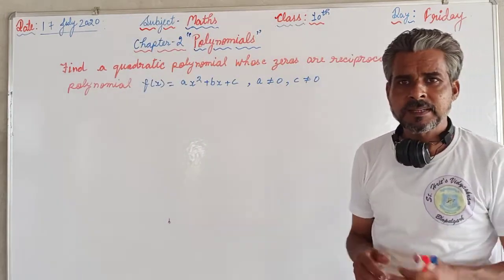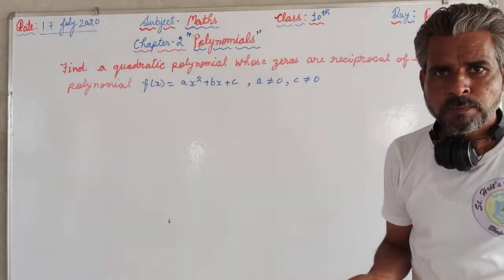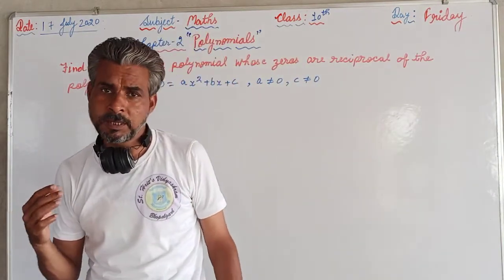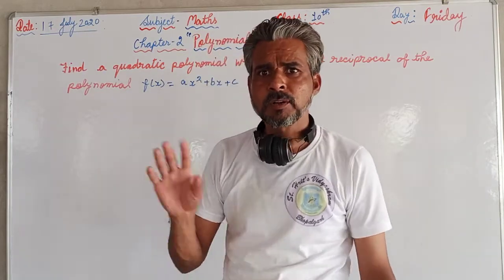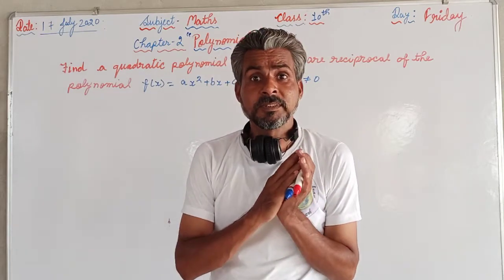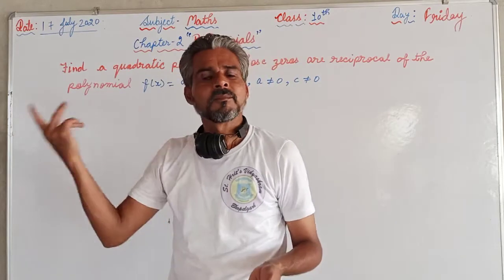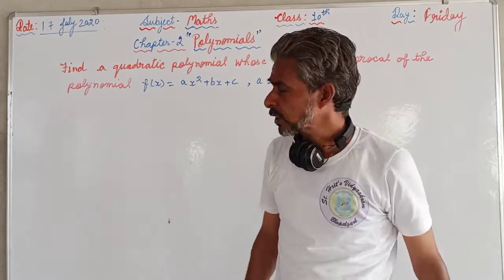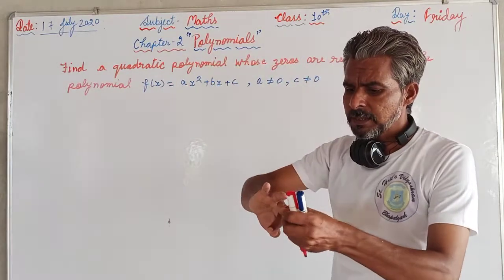This video is for class 10 and the subject is math, and the chapter is chapter number 2. As we have already explained, we are not proceeding to chapter number 1 because, as you all know, CBSE has planned to cut the syllabus by up to 30%. So maybe the first chapter can be cut off from the syllabus, or if it is not cut off, then we will again proceed with chapter number 1. Now we are proceeding to chapter number 2, whose name is polynomials.